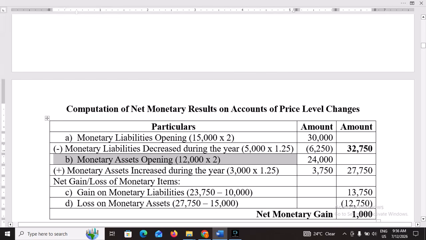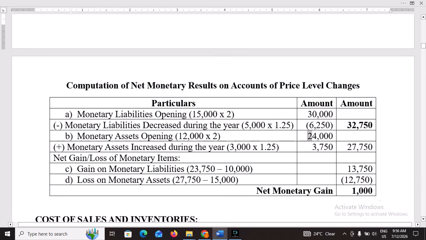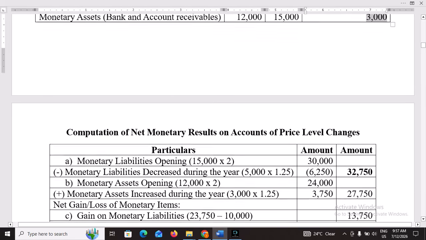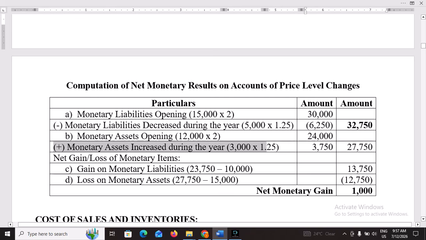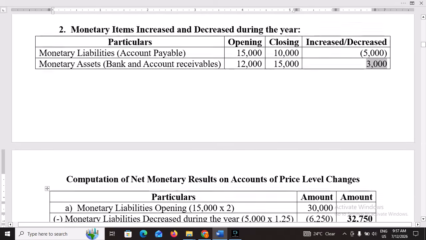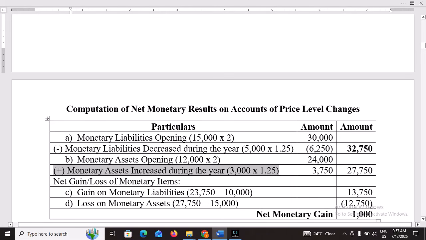Monetary assets opening balance is 12,000. Opening conversion factor is 2, so 12,000 into 2 is 24,000. Now monetary assets have increased, so increase means add. Increased during the year by 3,000. During the year means average conversion factor 1.25, so 3,000 into 1.25 is 3,750. Add 24,000 plus 3,750, you will get 27,750. Correct. Now net gain or loss